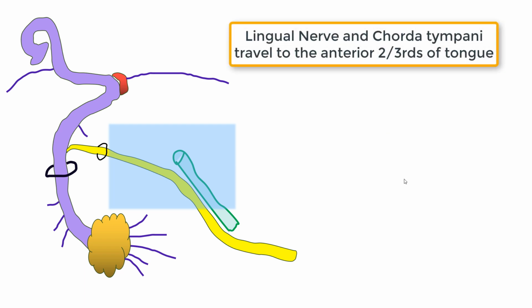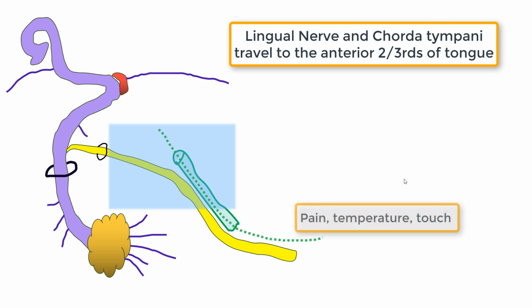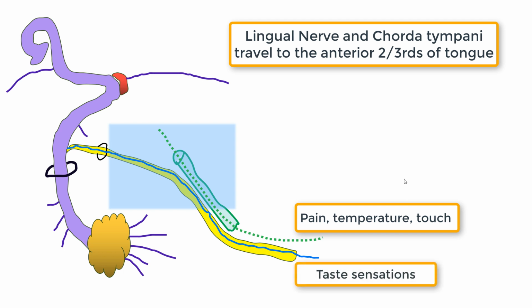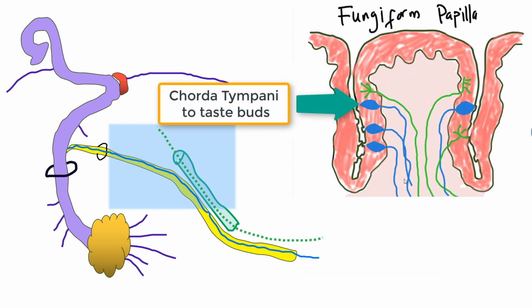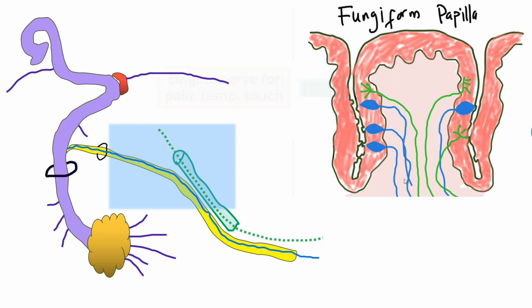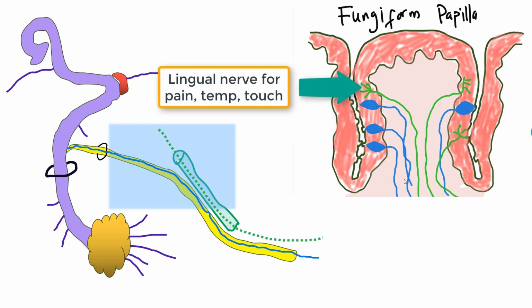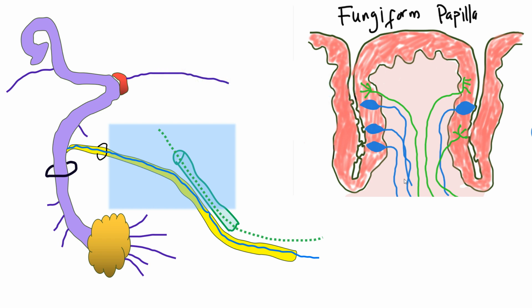As such, the chorda tympani basically distributes to the same tongue areas as the lingual nerve, that is the anterior 2/3 of the tongue, except that whereas the lingual nerve transmits common general sensations like pain, temperature, and touch, the chorda tympani transmits taste sensations from the anterior 2/3 of the tongue. So in other words, both the lingual nerve and chorda tympani nerve innervate the fungiform papillum. The chorda tympani nerve senses gustatory information from the taste buds, and the lingual nerve senses pain, temperature, and touch from the intervening epithelium. This information will be helpful in understanding some aspects of the BMS pathophysiology, moving forward.